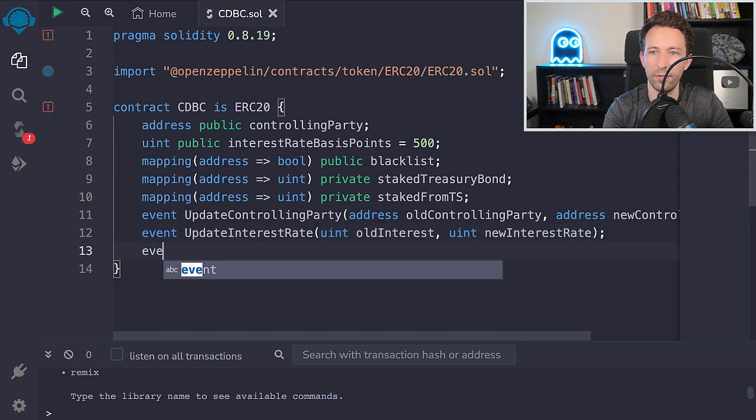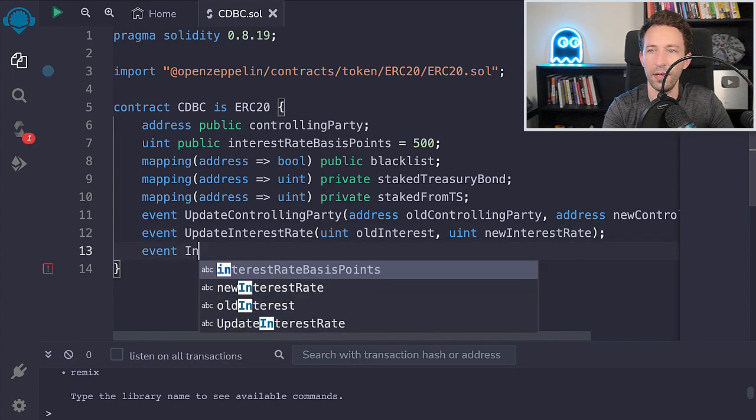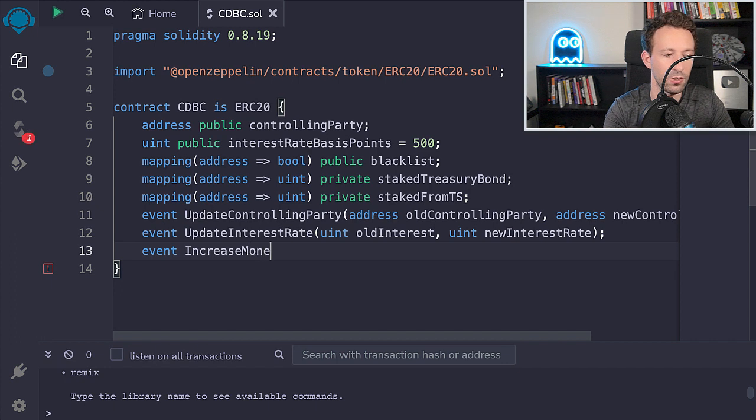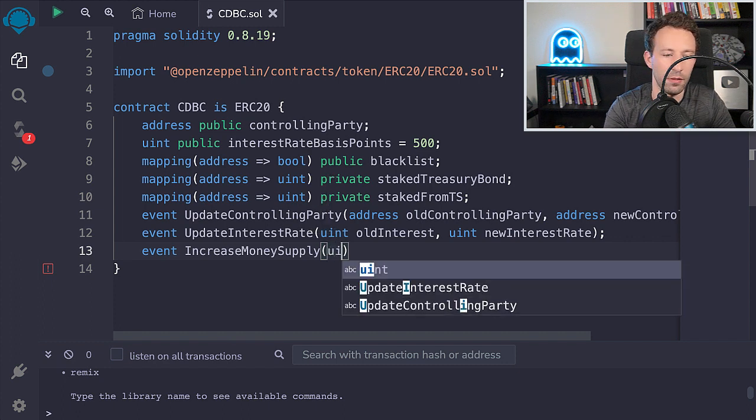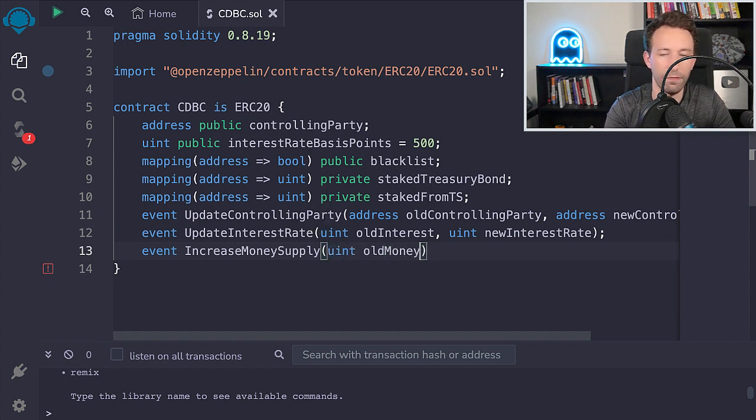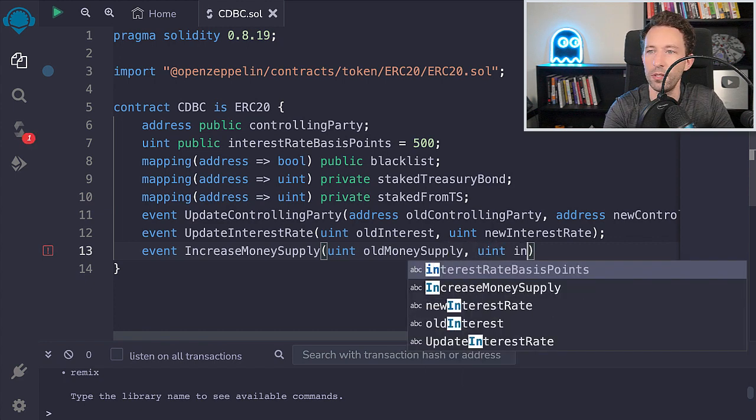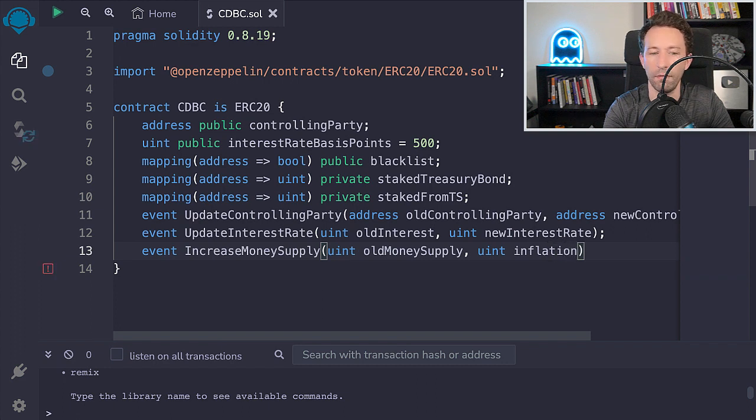All right. After that, an event when we increase the money supply. So the controlling party will have the ability to mint some coin for itself, and so that it can be used for government spending. And here we want to keep track of the old money supply and the new amount that was minted, inflation amount.